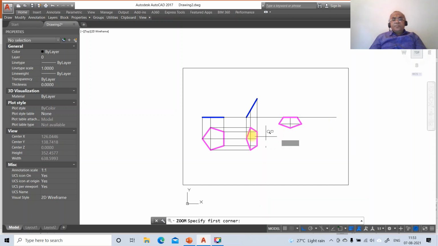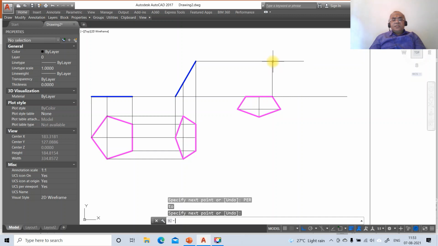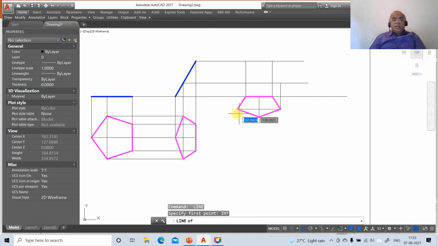So now we have the drawing. So then go to line, take INT of this and draw, then go to line, INT of this perpendicular to this line. Similarly, line, take INT of this and draw perpendicular to this. Similarly, line, you take INT of this and draw a horizontal line. Again go to line, INT of this perpendicular to this. Then go to line, take INT of this, draw perpendicular to this.